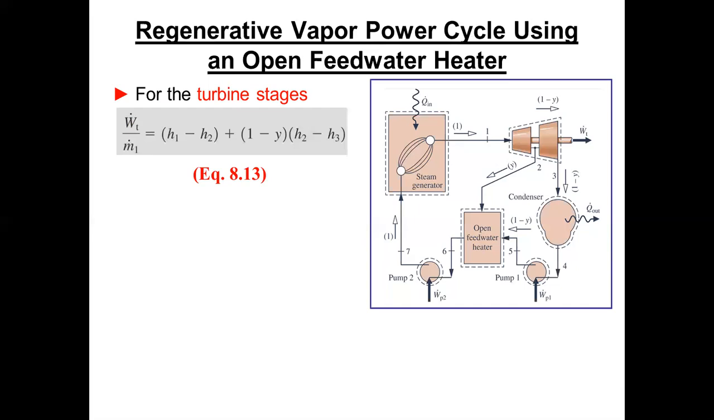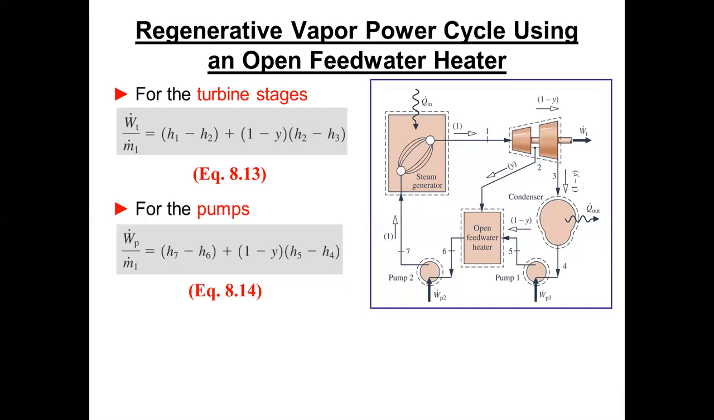So we get (1 minus Y) times (H2 minus H3). So that should be pretty clear. You can do a mass balance or an energy balance around the turbine and come up with the same expression. Okay, so for the pumps,